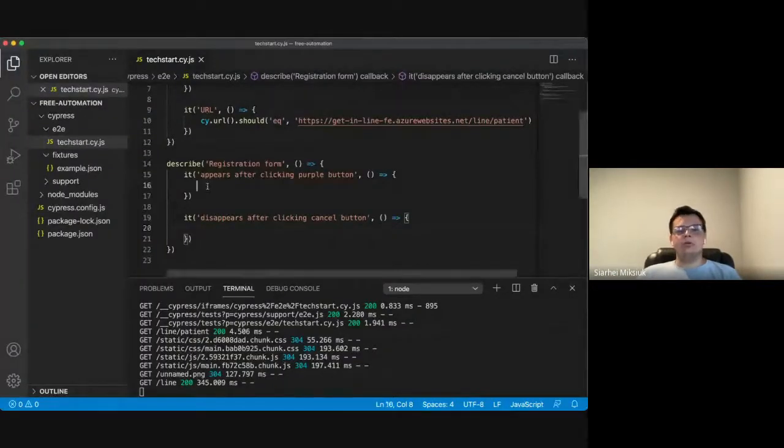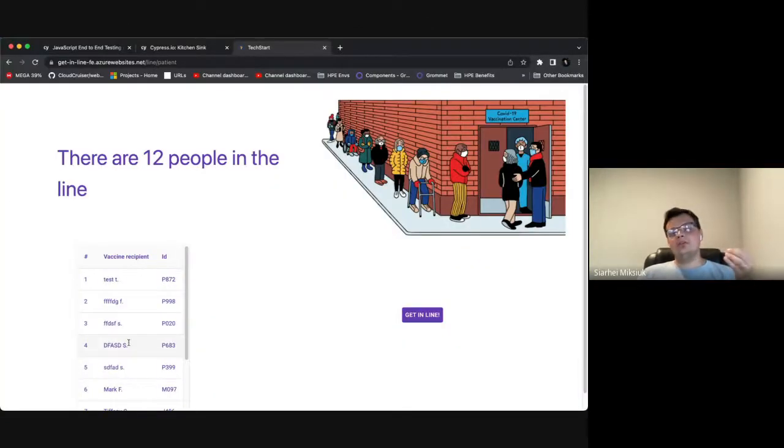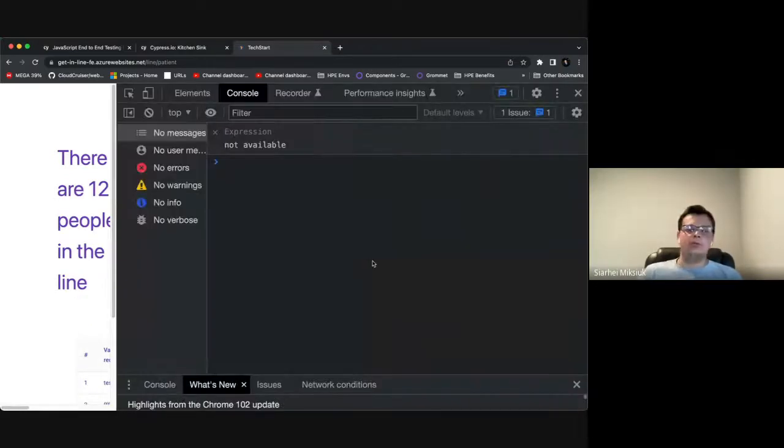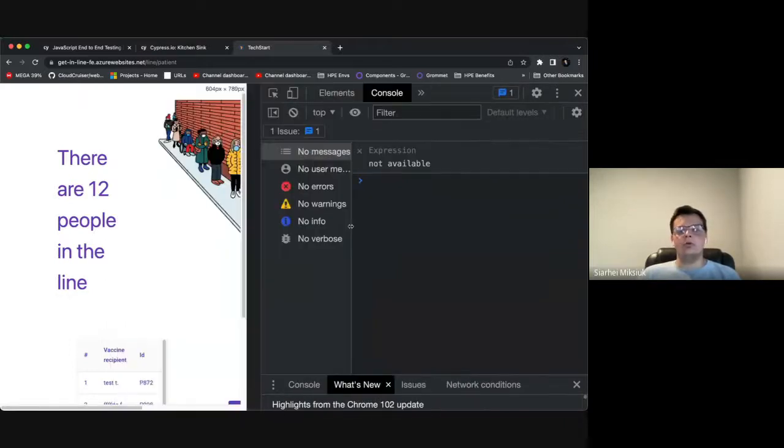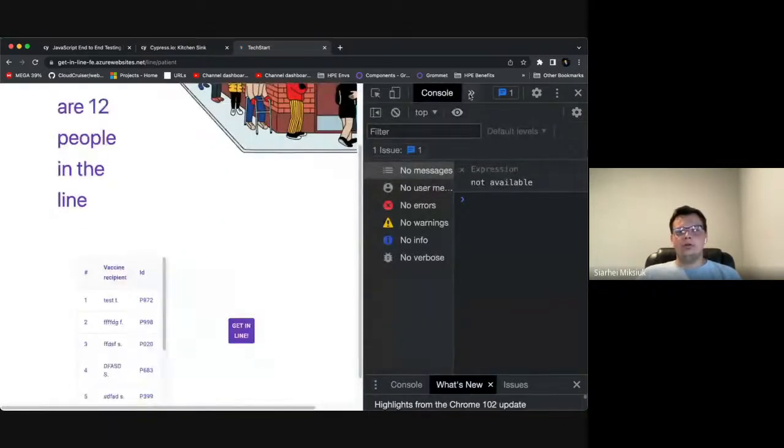Let's write it. So first of all, we need to find this button. Tell me, please, did you have a lesson about HTML? Are you familiar with HTML? On the previous free lesson, did you have something about HTML or only JavaScript? Yes, we had. Perfect. So if you had something about HTML, you know that